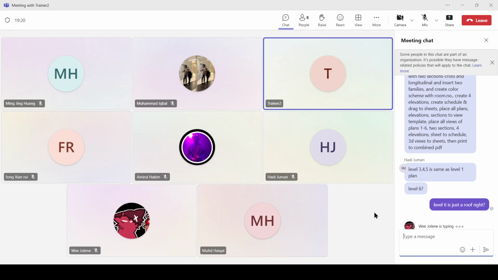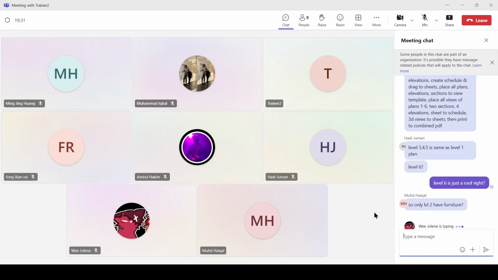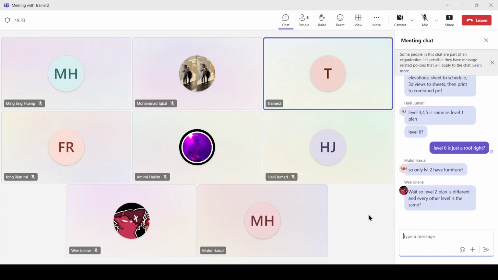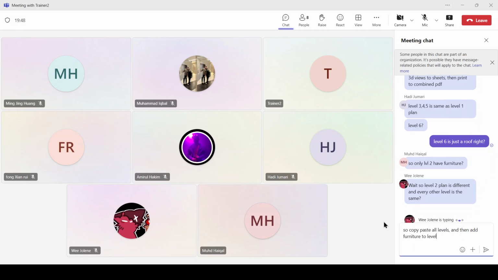So how to work smart? Copy and paste, it's up to you how you do it. Yes, correct. Yes, only level 2 has furniture. The only difference with level 2 is that you have the furniture. That's all. And also, I asked you to create the color scheme, right? For level 1, okay,